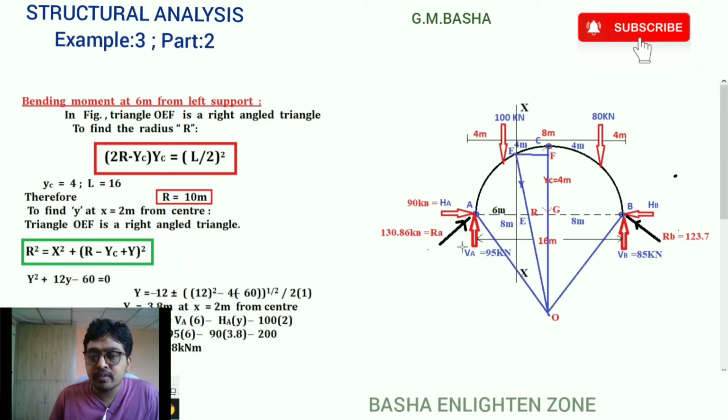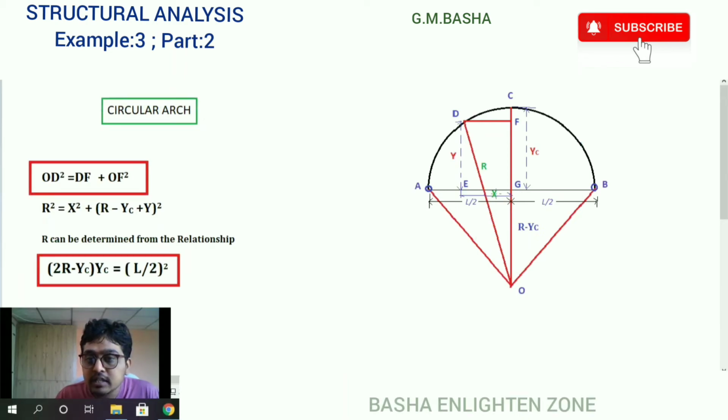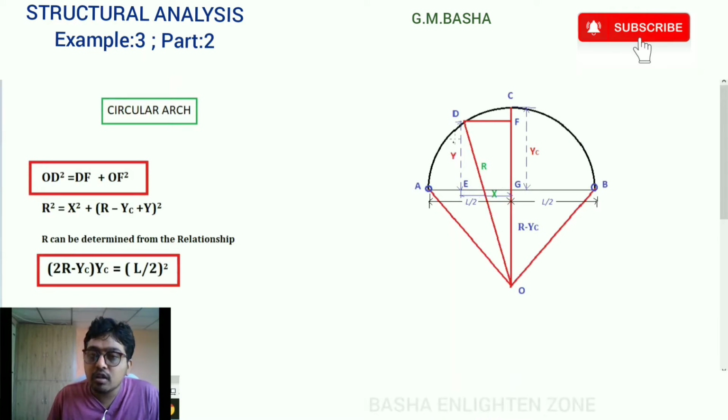While explaining the concepts itself, I explained this very clearly. The X value is taken from point D, where we have to find the bending moment, radial shear, all the things. It is taken from the center up to that given point where we have to take in the triangle, and the remaining part is the left part.